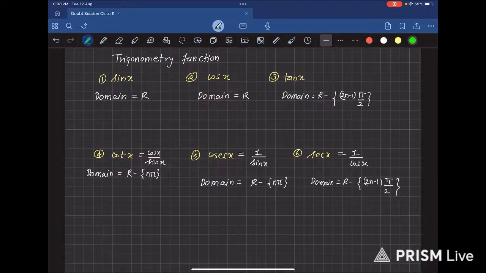Understood? Now I'll go for the range. The range for sin x is minus 1 to 1. Here also, for cos x, the range is minus 1 to 1. The range will be all real numbers for tan x. For cot x, the range is